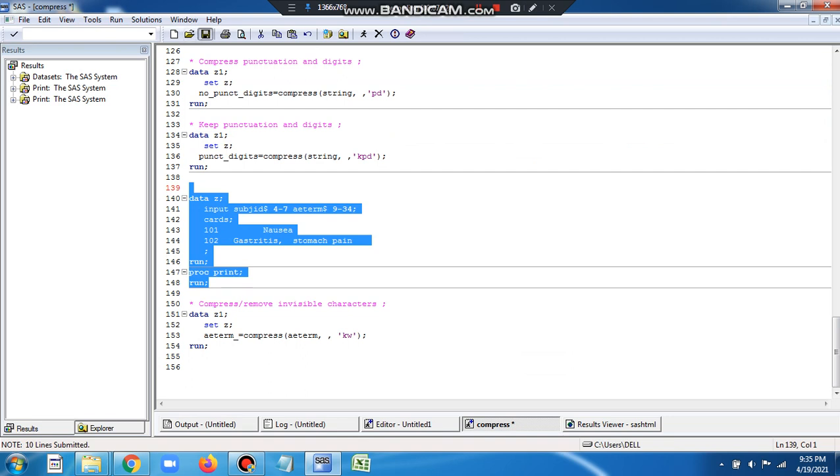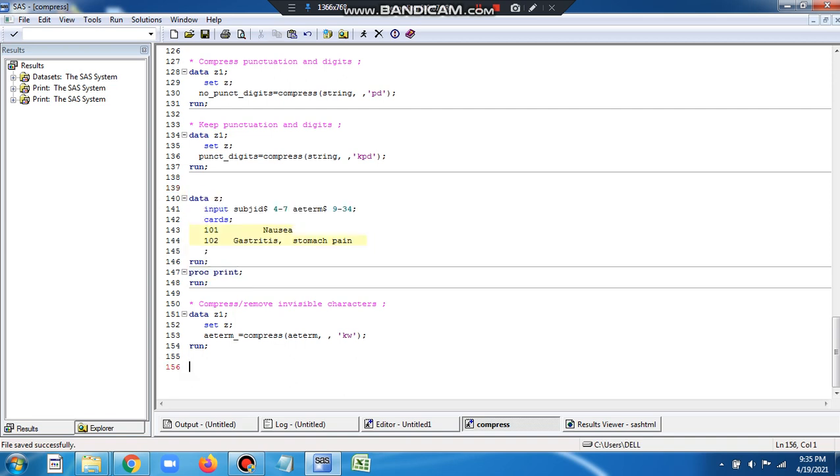Now, if we would like to eliminate all invisible characters in that, whenever we want to eliminate any invisible characters, use KW. This is a third argument. Irrespective of what you want to do, we can use this, and it will eliminate them.